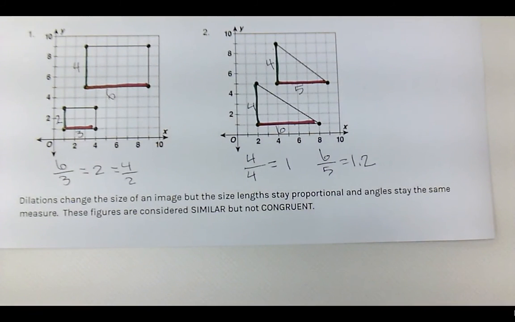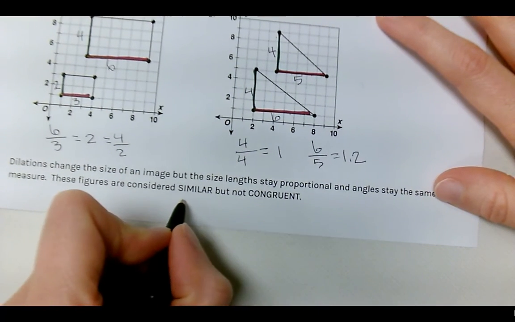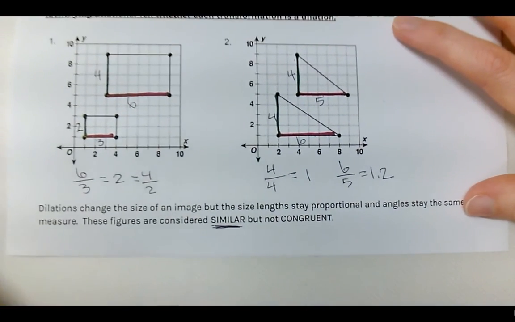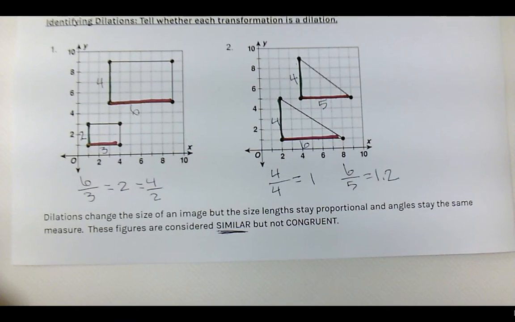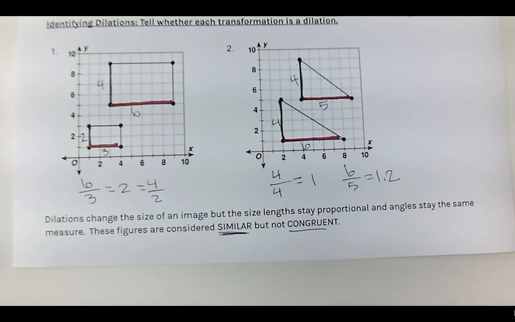So we've kind of already talked about this, but dilations change the size of an image, but the side lengths must stay proportional, and then your angles also stay the same measure. So this is a new word for us, but we'll talk more about this in our next lesson as well. But these figures after a dilation are considered similar, and we'll define that more. It means that they look the same, but they're different sizes. And they have that proportional relationship, that same scale factor. But they're not congruent. Congruent means exactly the same. So they're not exactly the same shape because they're not the same size, so they're not congruent. And again, we'll talk more about that in our next